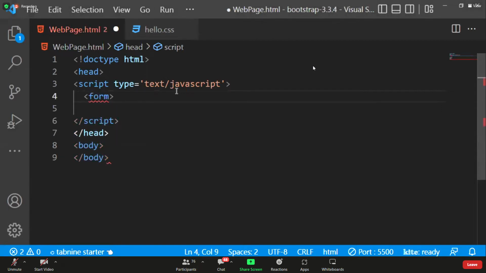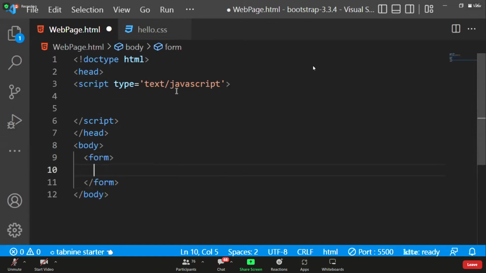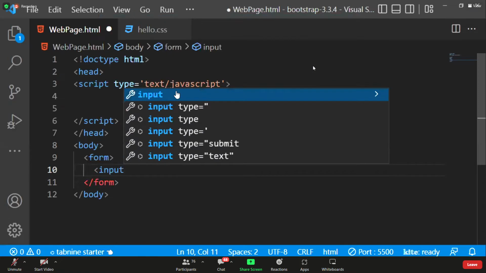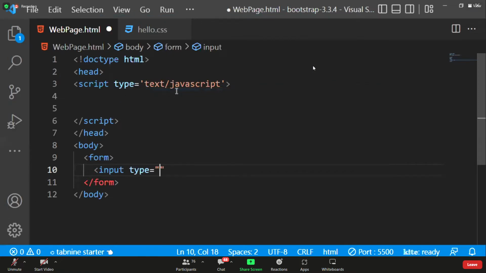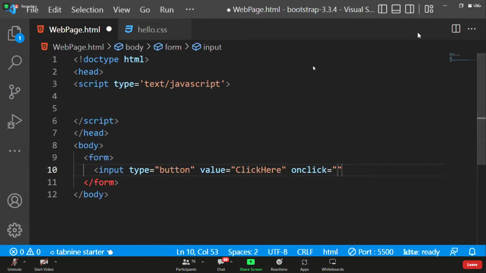There is a form I'm taking. Everyone knows about the form. Otherwise, I'll go to the board and write. Form everybody knows. Then input type is equal to button, value is equal to "Click here", and onclick is equal to